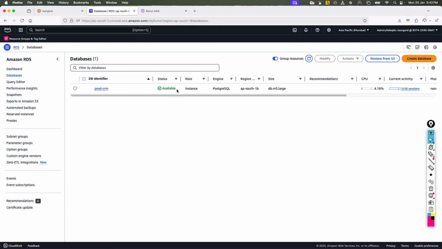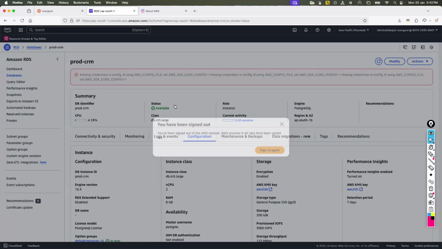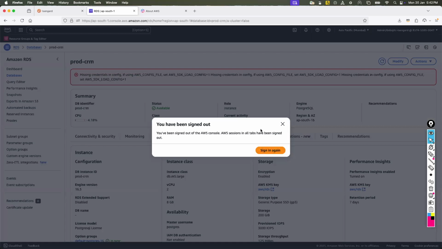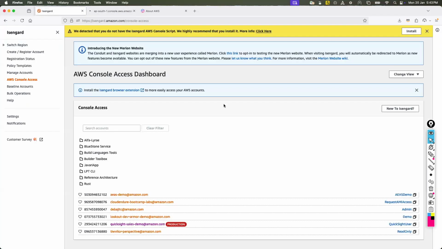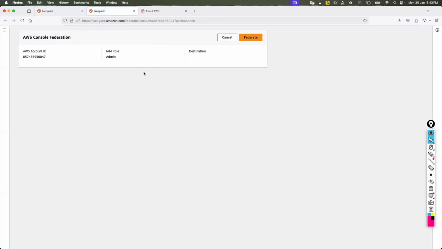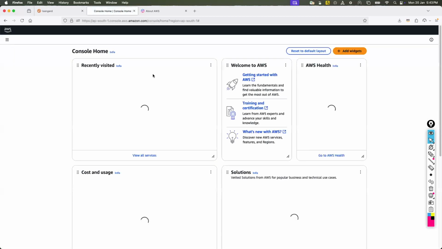Now you can see my database is also available. Our database is available. So if I just go there, okay, I've logged out. Let me re-log in. Basically, the session timed out. After some time, you may get logged off from this console.